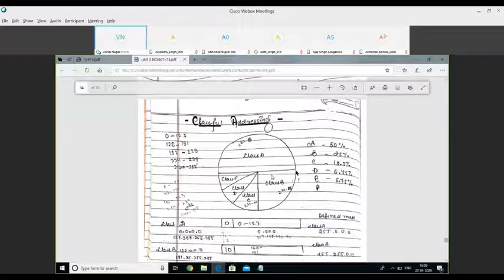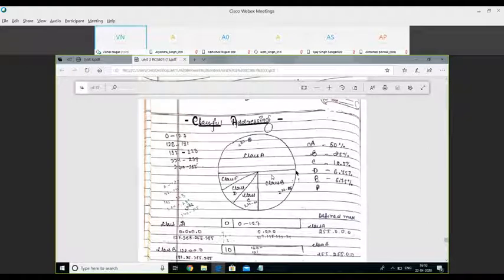The smallest IP address can be 0.0.0.0, and the largest can be 255.255.255.255. The entire range of 2 to the power 32 IP addresses is divided into 5 different classes: A, B, C, D, and E.